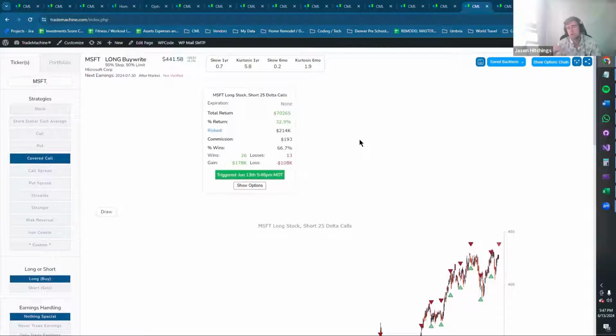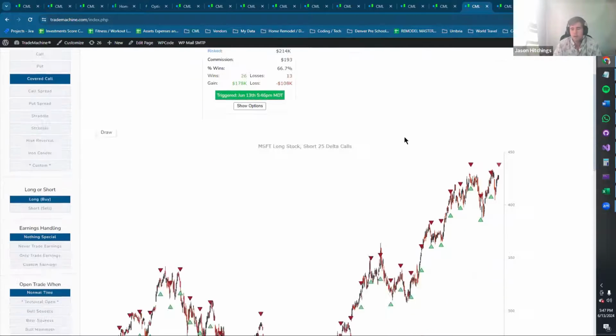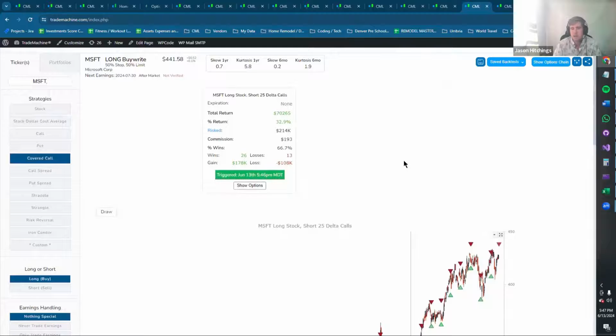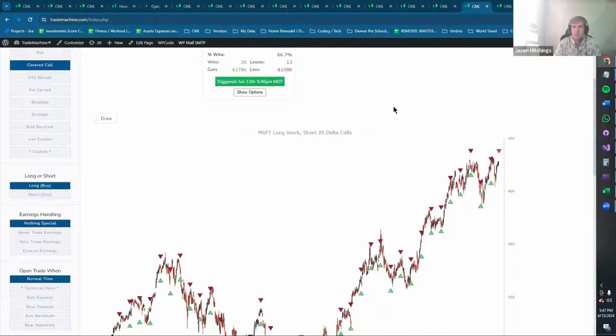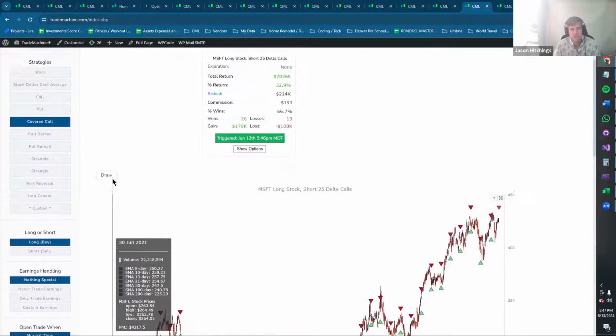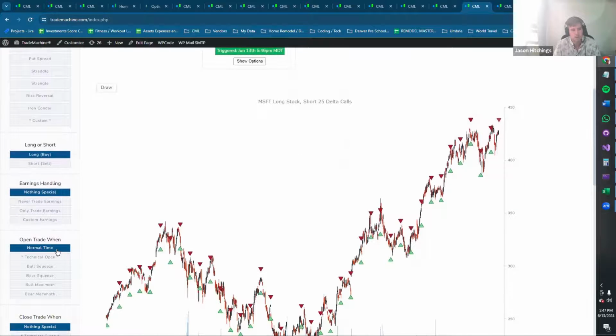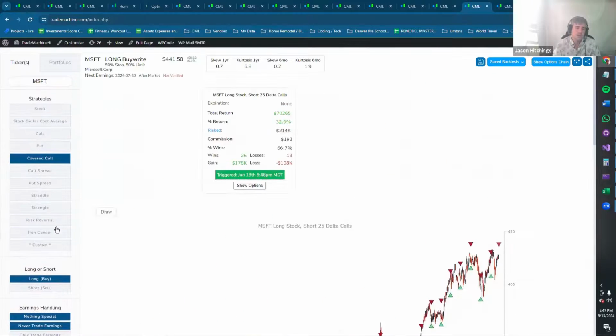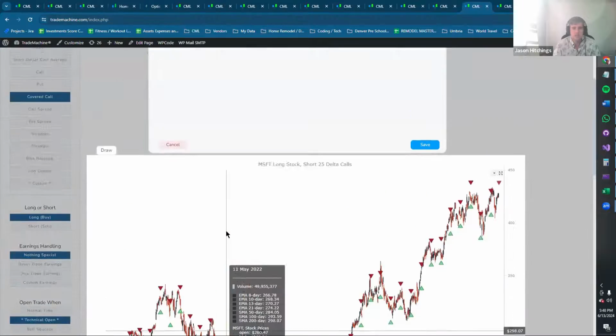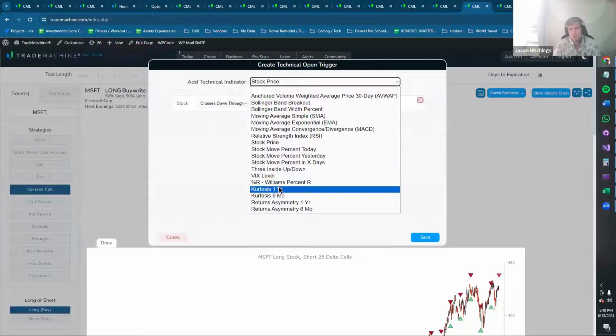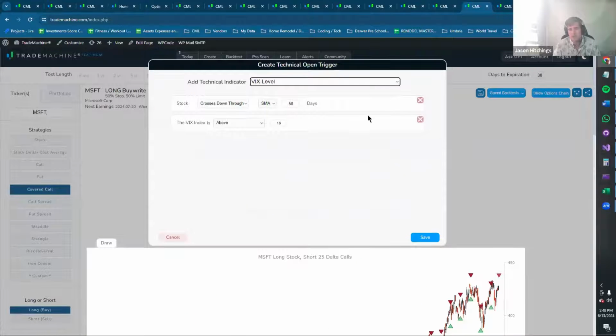If what you don't want is a lot of recent momentum in the stock, if you feel like it could be overbought, then one way to do it is to use RSI or an exponential moving average, or crosses up through a bunch of different moving averages. So you can see if the stock looks like there's been too much momentum. That's one way to test and see how much effect there is. Another way is there's actually a technical setting here. If you do technical open, you can say, well, what's the VIX doing? So that's the quote unquote fear index. Typically, if the market's making all new highs, then the VIX is going to be very low.